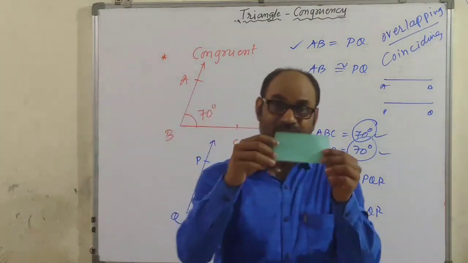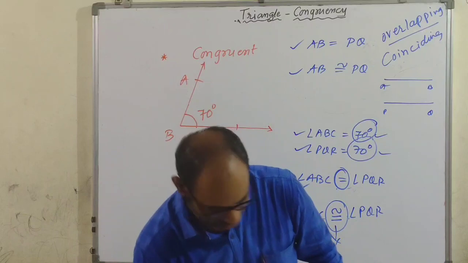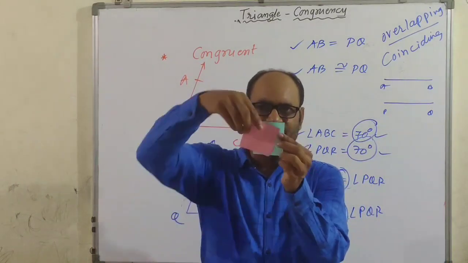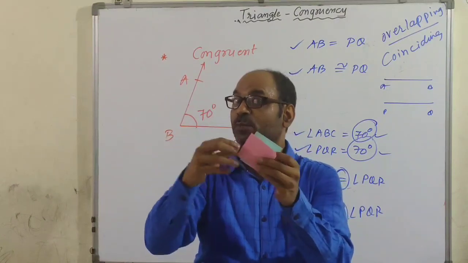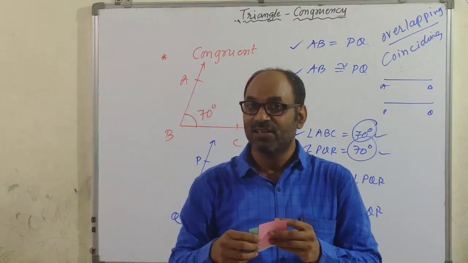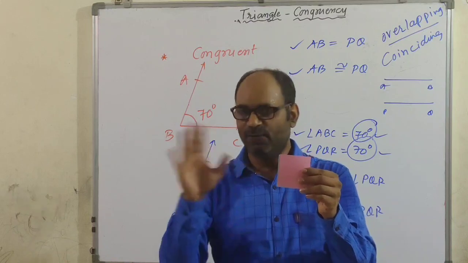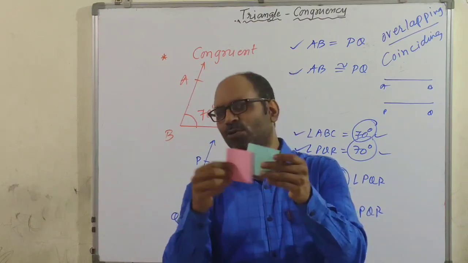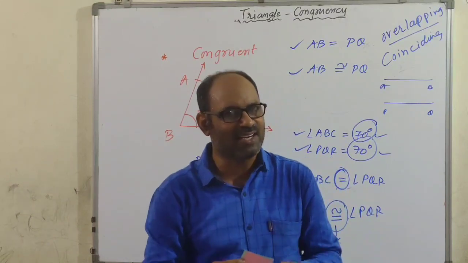Here is one rectangle. Here is one rectangle. Children, इसको कैसे भी घुमा दो, any way, ऐसे, ऐसे. Actually, 8 correspondences will be possible because यहाँ 4 vertices are there. So 8 correspondences would be possible. You understand? Forget about those correspondences. But कैसे भी रखो, they will be congruent because all 4 sides are equal.